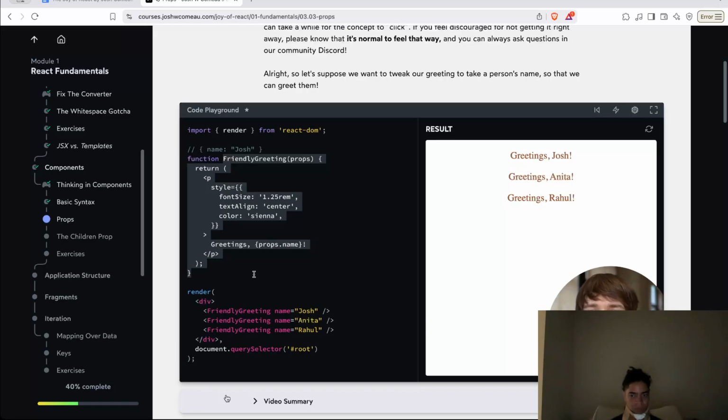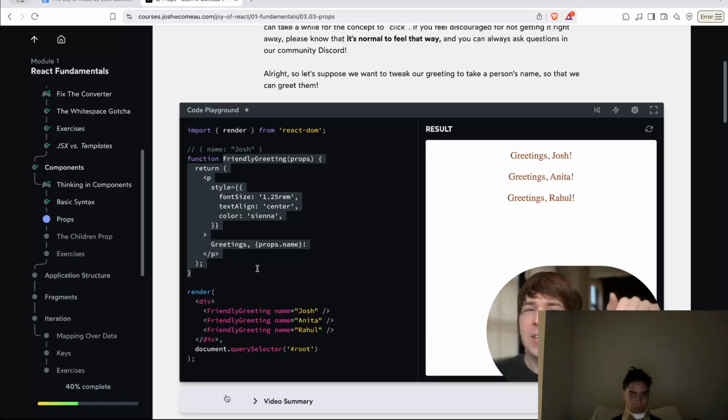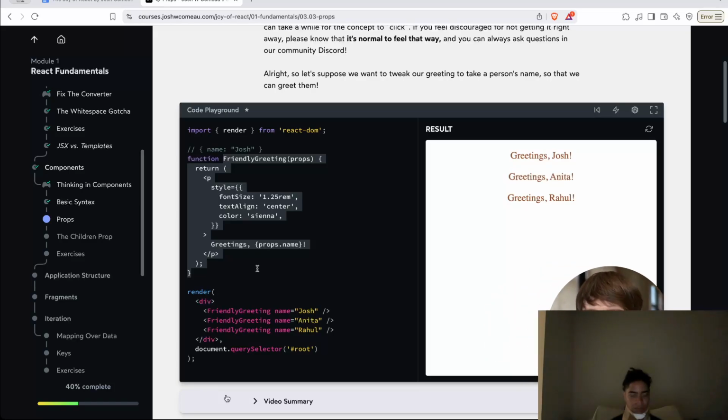Us React developers, we really like taking advantage of bleeding edge JavaScript features, and one of the modern JavaScript things that people really like is called destructuring. If you're not familiar with destructuring, there's going to be a link under this video that links to the bonus lesson on the topic. But essentially how it works is we can extract the data from this object right in